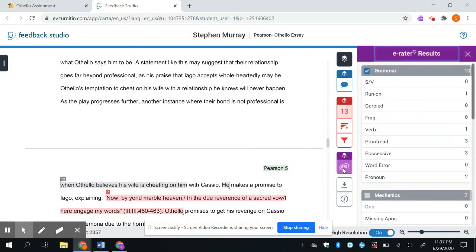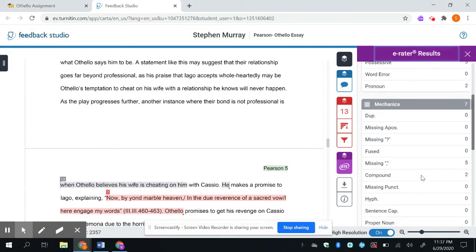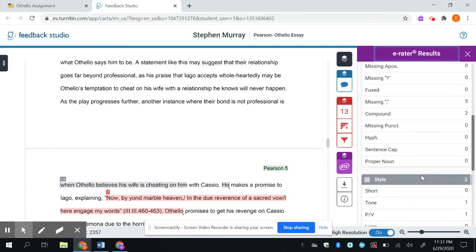Turnitin.com additionally will mark grammar and spelling errors, and these will be marked in purple. So when you scroll through your paper, these will be marked and indicated to you as errors that will likely need to be corrected in the future. And that's how you submit an assignment to